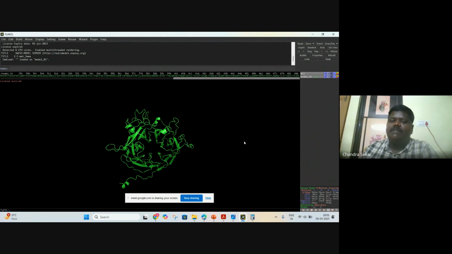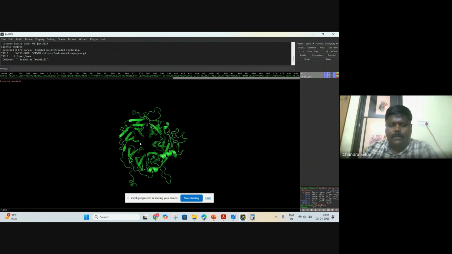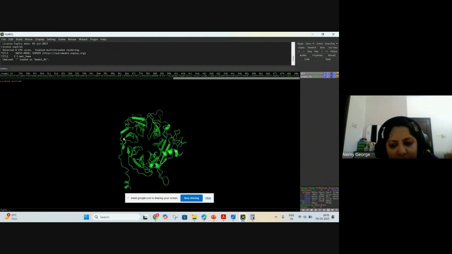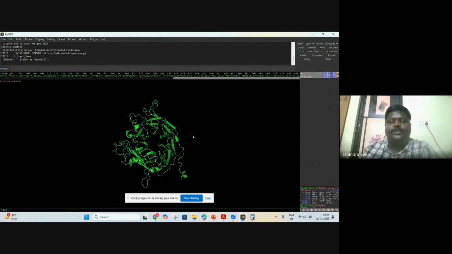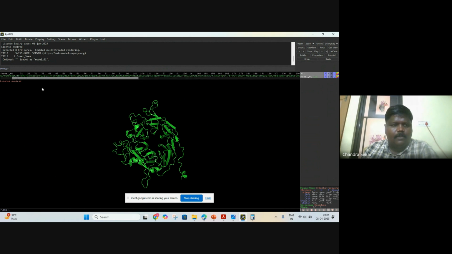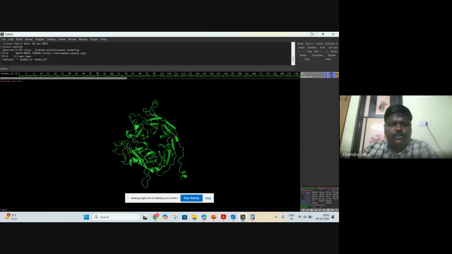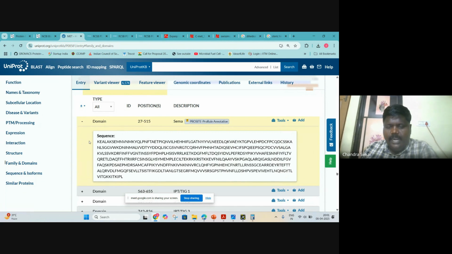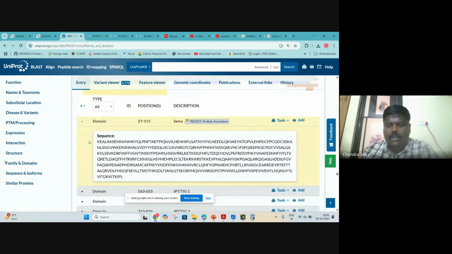But it's confirmed that the entire sequence is present. If it is like that, this amino acid numbering will be changed. Of course, but we can refer to the residue position. Or there is also another way to rename the positions. I'll update in the next class how to rename the positions.